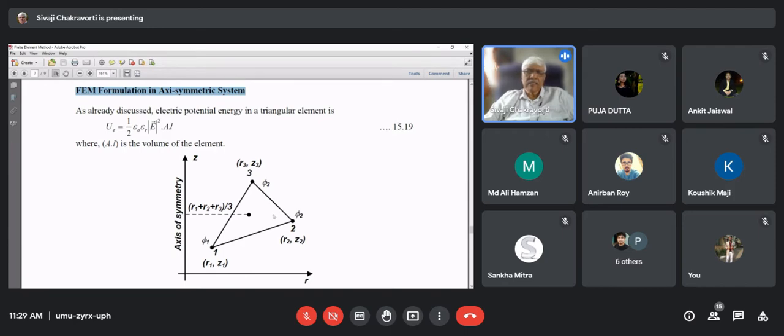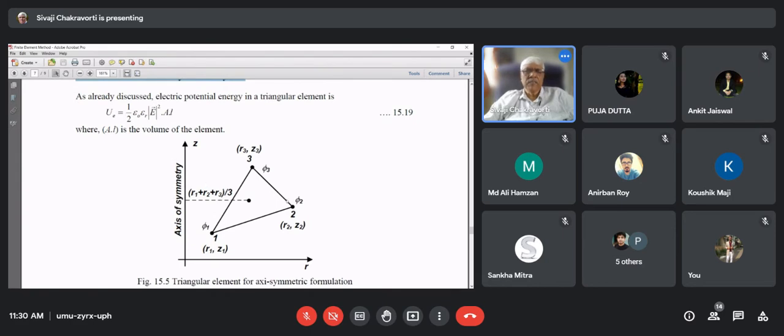Then in two-dimensional system, we have taken the depth, that is perpendicular to the screen, as 1. So it was A into 1, because in two-dimensional system the field is not varying in the translational direction, that means perpendicular to the xy plane. But in this case, it is not translational. It is rotationally symmetric. So we cannot multiply A with 1 here to get the volume,